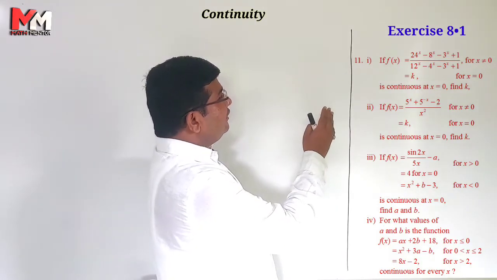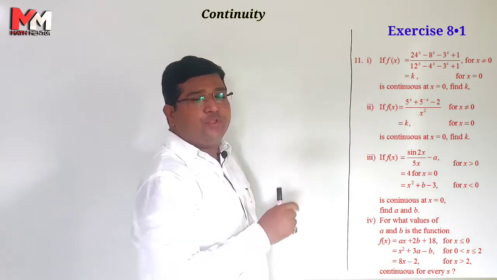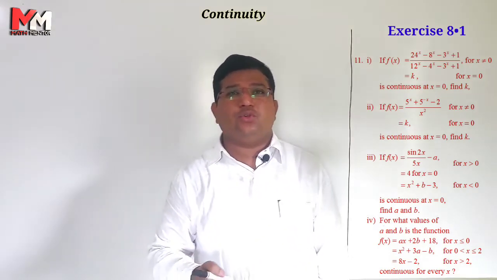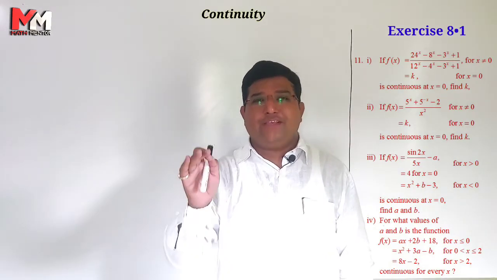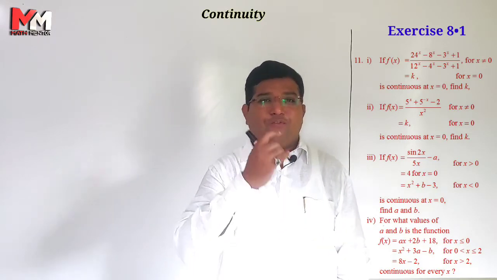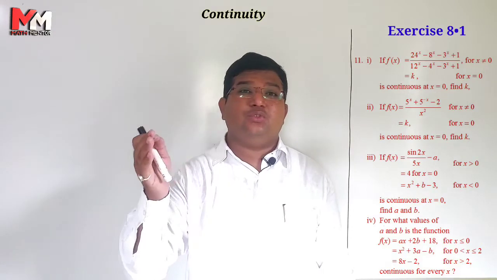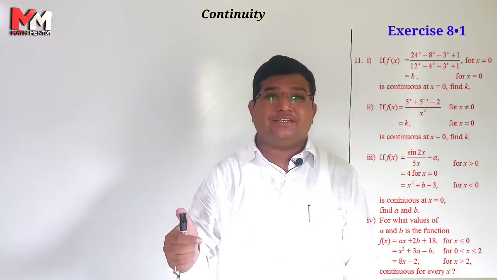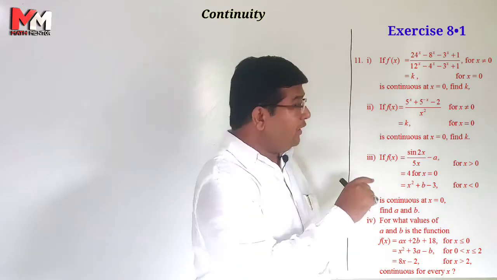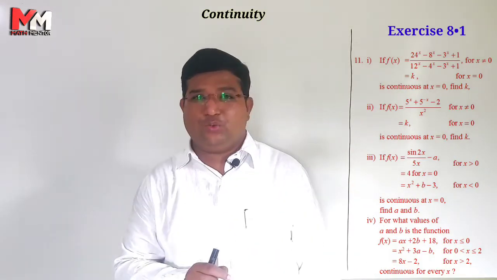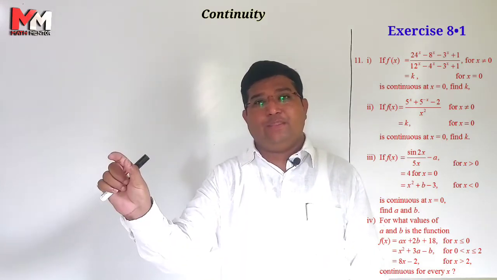In that, he has given x is less than 0, x is equal to 0, x is greater than 0. So less than 0, greater than 0, this gives what? The left hand limit, right hand limit and the value. If x is equal to 0, that is the value of the function. If x is less than 0, it means the limit as x tends to 0 minus, the left hand limit. X greater than 0 means the right hand limit, right? So the last line, what did he give? It is continuous at x is equal to 0. It means what? Left hand limit is equal to right hand limit is equal to value. Is it clear?